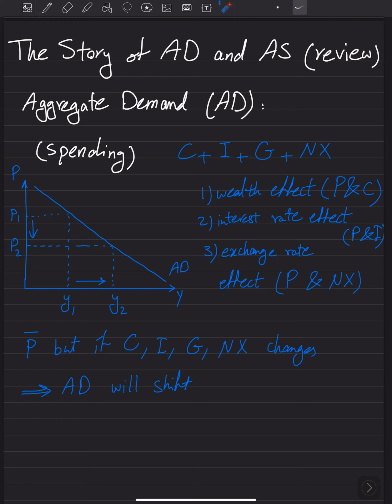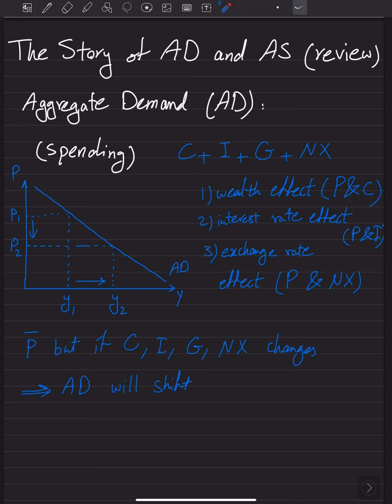If either of these increase the spending, that is going to shift the aggregate demand to the right. If either of these are decreasing the aggregate demand, we are going to see a shift in the aggregate demand to the left. At any given price, we will have lower demand on the left side of this when the price is constant, but consumption, investment, government expenditure, or net export is decreasing. Okay,